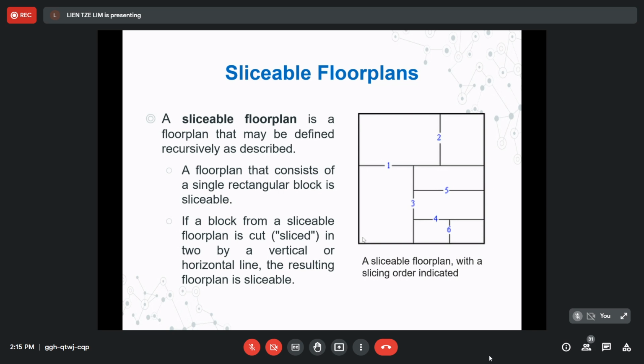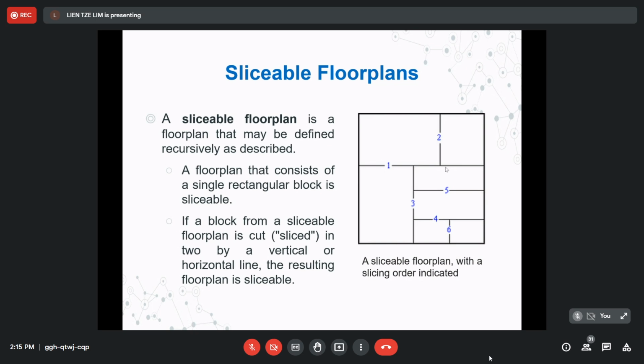It does not look like a rectangle. It looks like a square box. This one we can assume is a rectangular block, but it's not really a rectangle. This rectangular block is a single block and it is sliceable. Why sliceable? Because when we slice it, it can be